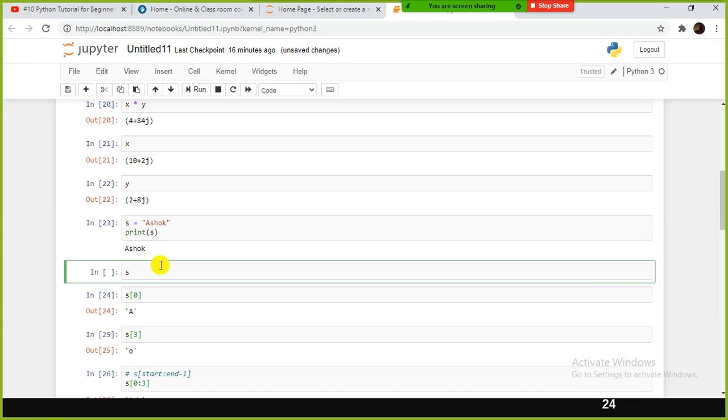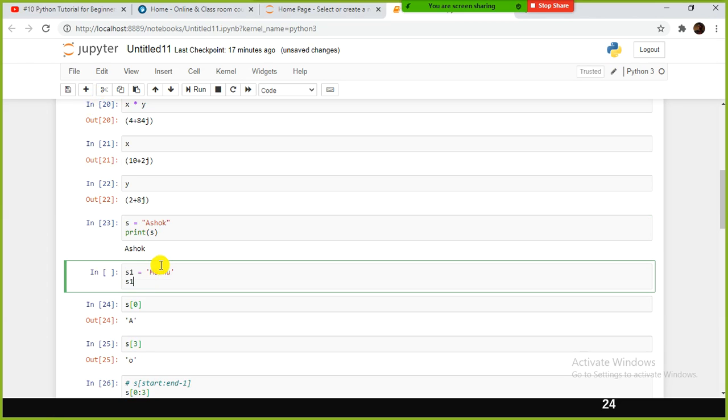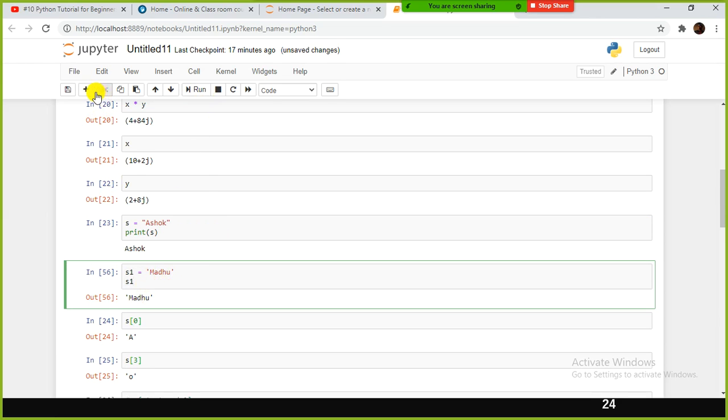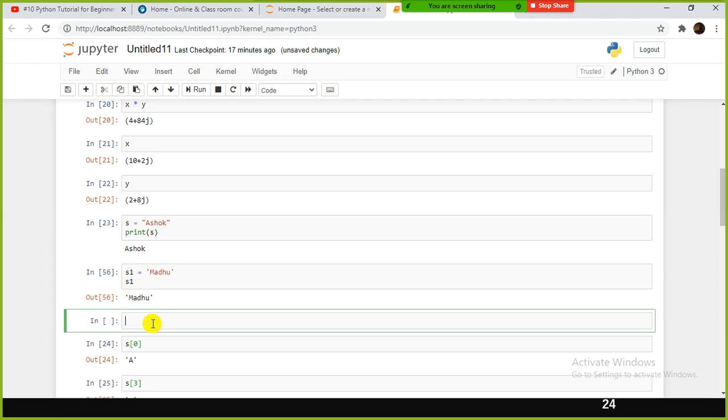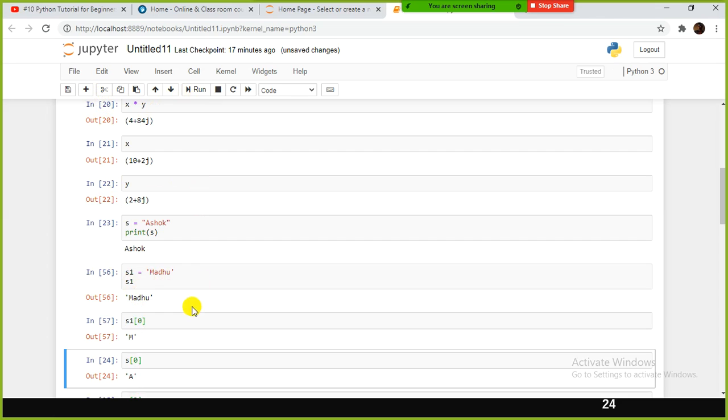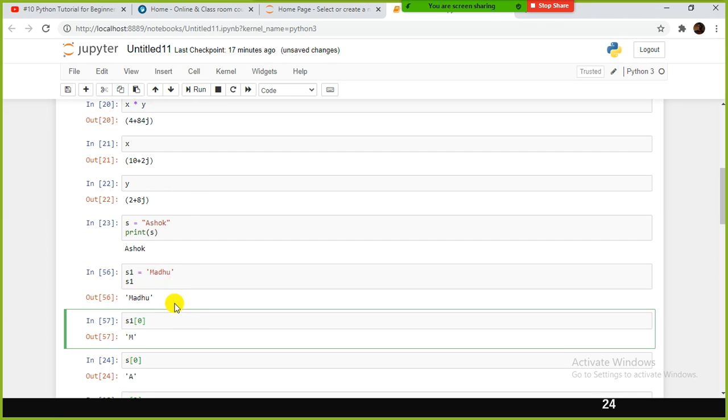One second, I'll show you. Let's say S1 is equal to Madhu. Print S1. Now S1 of 0. Yeah, you can do S1 of 0 also. Even S1 of 0 equal to B, you cannot do it, right? Oh, okay, you're talking about this one? S1 equal to Madhu.